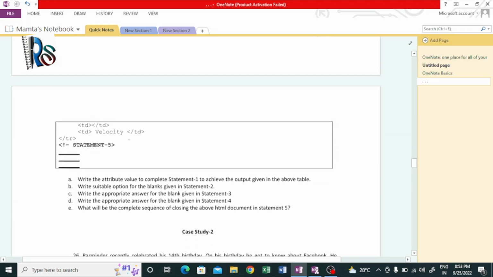Now move to the last. TR is closed. Now what is missing over here? We had started the table, so we need to close the table tag. And in last, what we are closing? HTML. And always before closing the HTML, which tag are we closing? That is the body tag. Fine. So friends, here you can see these are the questions asked to write the attribute value